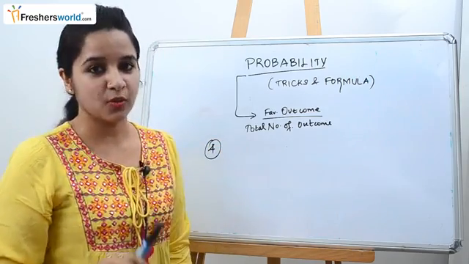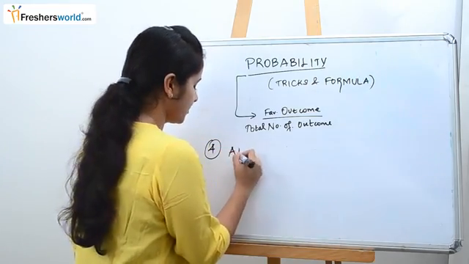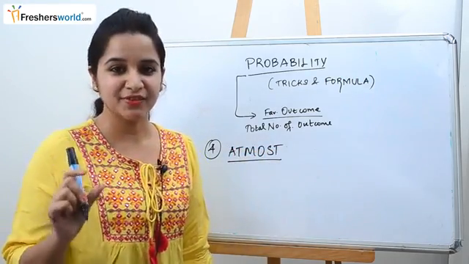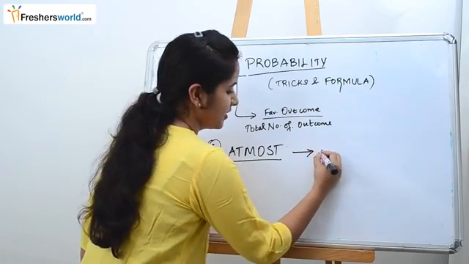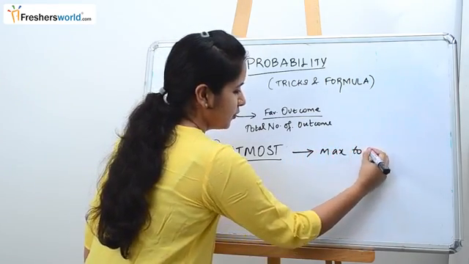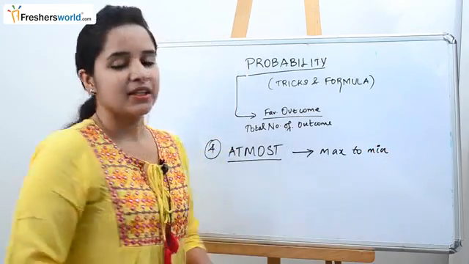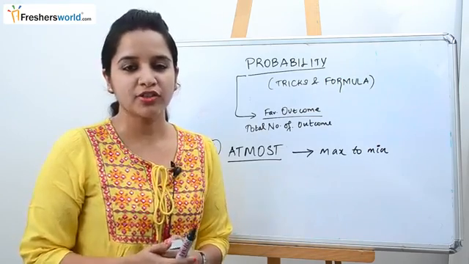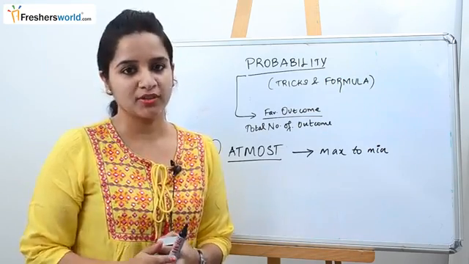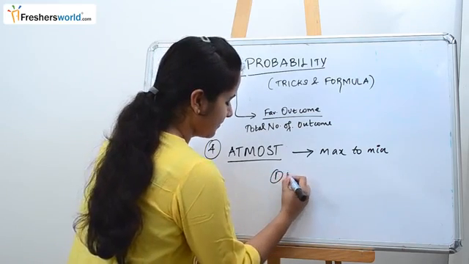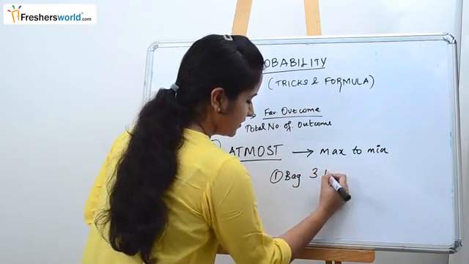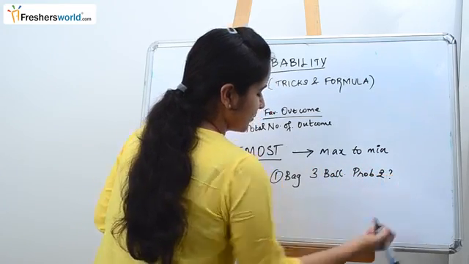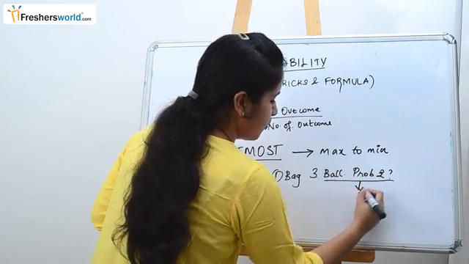So the fourth trick one must know is "at most". The words "at most" themselves show maximum. So here you go from maximum to minimum. Let's take an example. Let's say one bag contains 3 blue balls, out of which at most you need to take 2 balls. So one bag has 3 balls, out of which the probability of 2 balls is your question. So at most 2 balls,